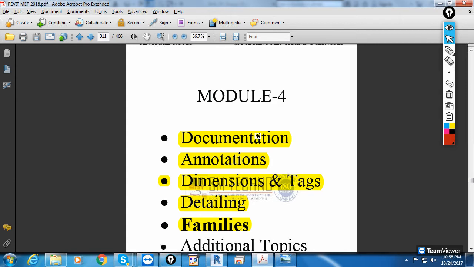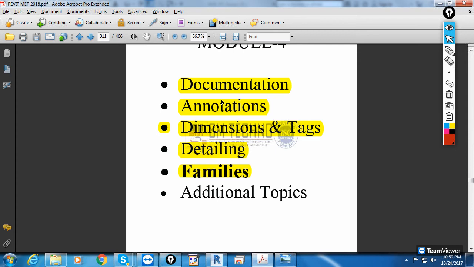And remember, module 4 is common for all the services. So in module 4, learn the tools, and where it is applicable you can use it for any service. For example, when we are dealing with documentation, I'll take HVAC views, but the same concept you can apply for electrical views also, to duplicate and deal with electrical designing. Similarly, for annotation, I'll take a plumbing example to show this isometric, etc. And the same you can apply for other piping also. So remember, module 4, learn the tools and use them where applicable for your service.